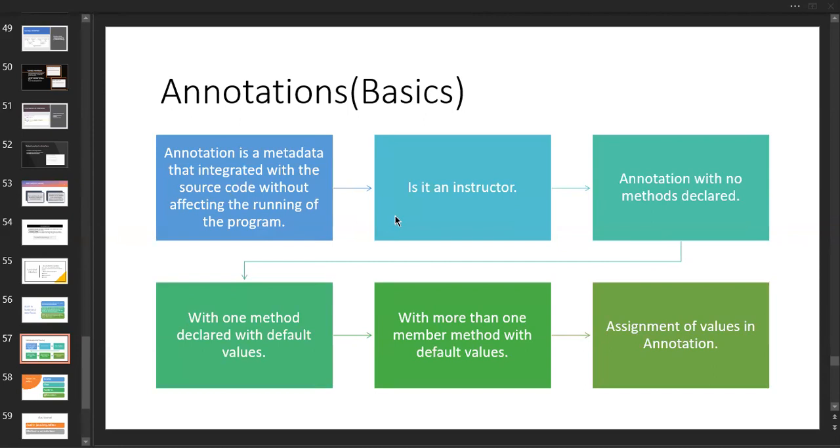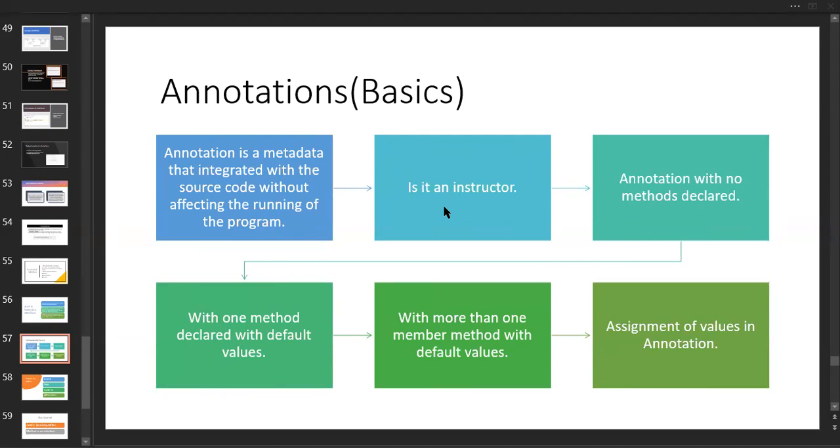So it is like saying, I'm going to give you an annotation, just use it throughout the program at compile time only, or use it at runtime only. So there is an annotation called @Retention in annotation basics. So what is @Retention? It consists of three things. In the next slide, I'm going to explain that in detail. It is nothing but an instructor that instructs the program process whether to use runtime or compile time.